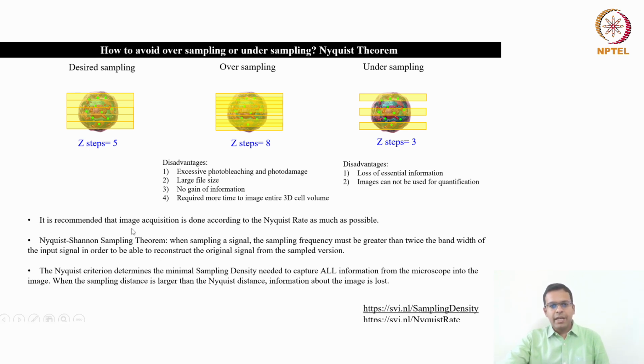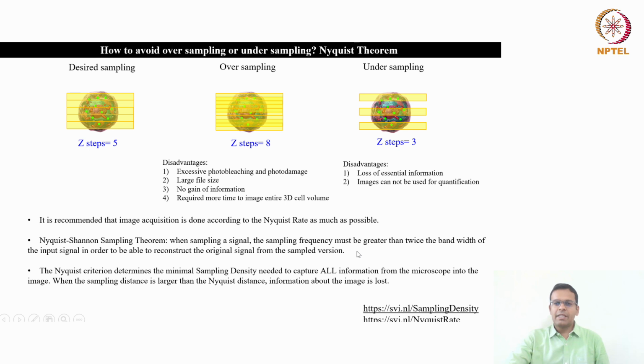It is recommended that image acquisition is done according to the Nyquist rate as much as possible. The Nyquist-Shannon sampling theorem states that when sampling a signal, the sampling frequency must be greater than twice the bandwidth of the input signal in order to be able to reconstruct the original signal from the sampled version.